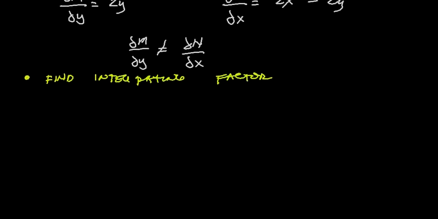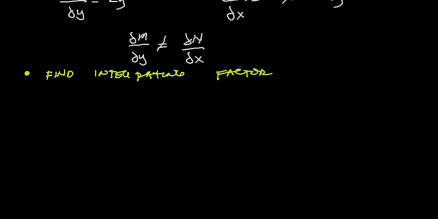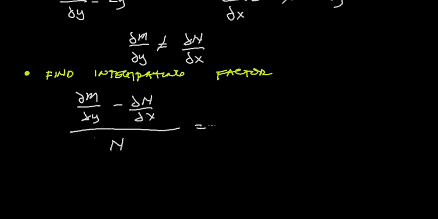So we need to find the integrating factor. Just like what we discussed last time, we have two conditions. If after we evaluate using that formula we come up with purely x alone, then we can use the formula for that. And if our resulting value is purely y alone, then we can use the other formula. Let's check first by using the partial derivative of M with respect to y minus the partial derivative of N with respect to x, all over N, is equal to,